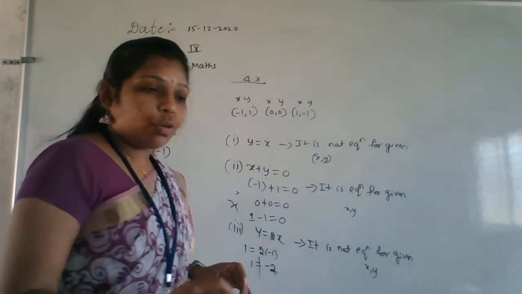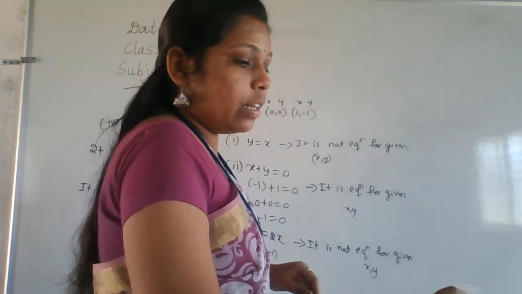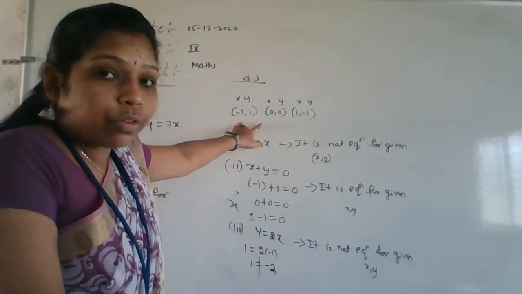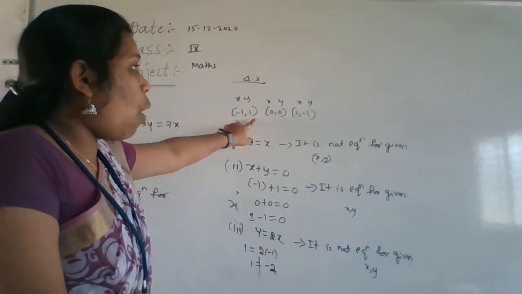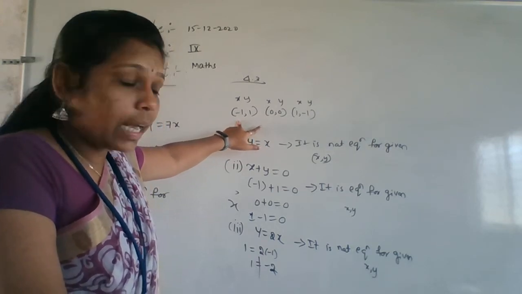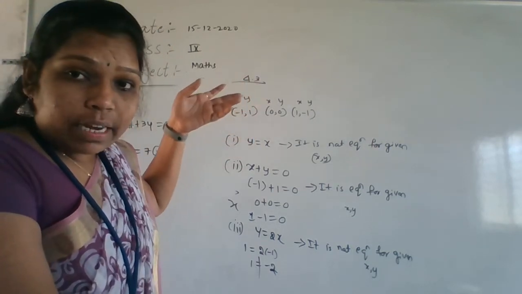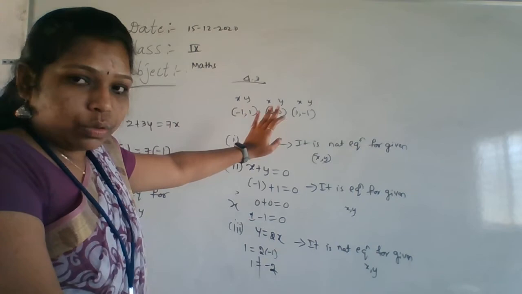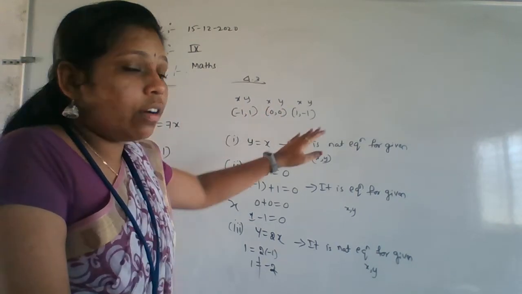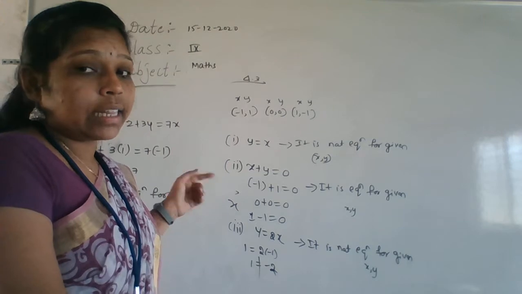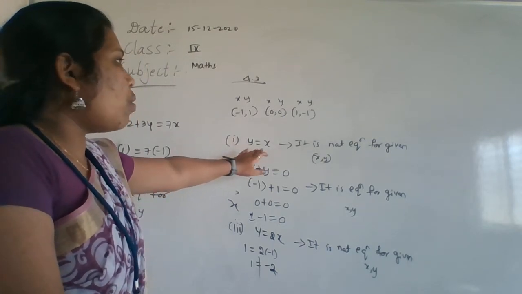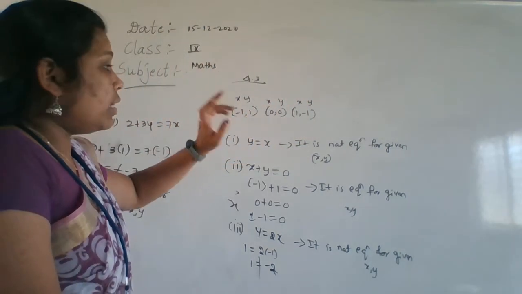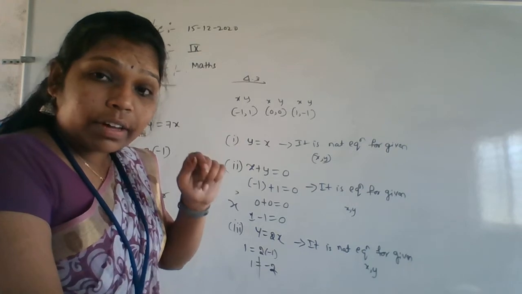Like this you have to verify. Okay. Now go for the second figure 4.7. This first one understood, right? What are the coordinate points they have given? You have to first write, from the graph, all the coordinate points given in the graph. After that these are the x and y values. Now take the first equation and check for all the values. It must satisfy for all the x and y. Then only that equation is correct, otherwise it is not correct. So here y equal to x is satisfied only for one point, but not for the other two. That's why it is not the equation for the given x and y.